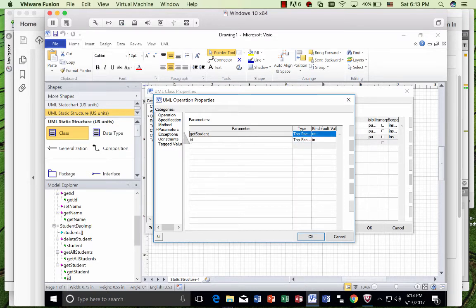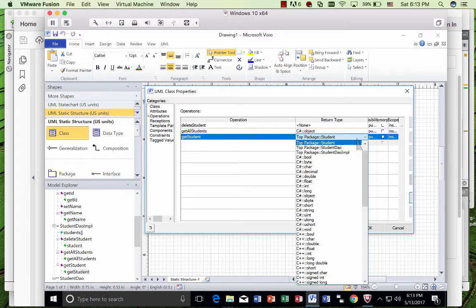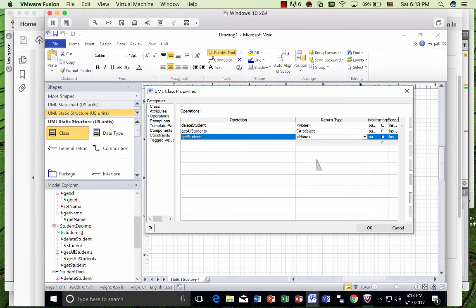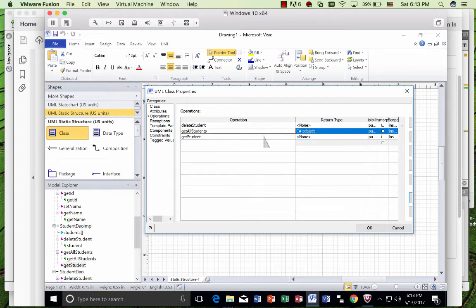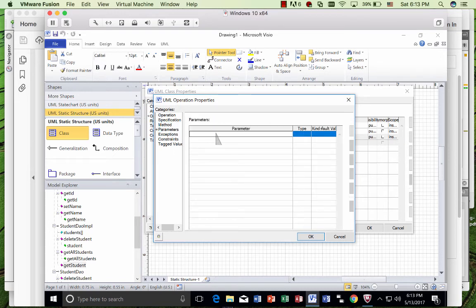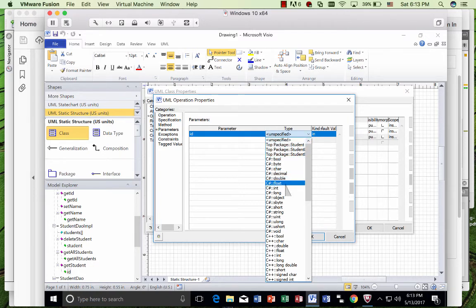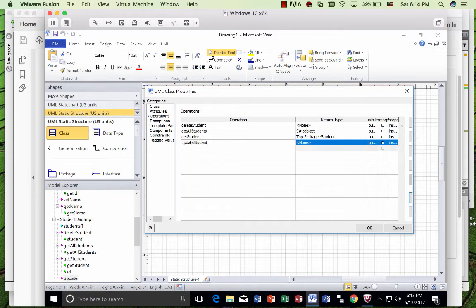Okay. I don't think I need this, so maybe I can do none first. Okay, there's no return, so we put none in here, and then we need one. So for the get student, we click on the properties to set the parameter, and we have ID, which is an integer. And we're going to return a student object, so get student by ID, and then update student list, and I have